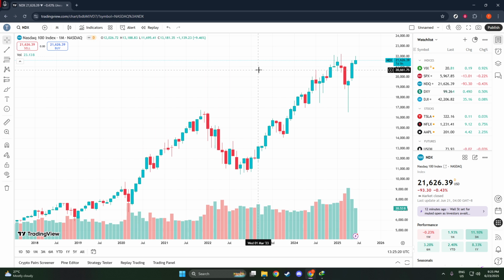Now, with the Indicators menu open, it's time to decide which indicator you want to add. TradingView offers a wide range of options, from simple moving averages to more complex calculations like the Relative Strength Index, often abbreviated as RSI, the Moving Average Convergence Divergence, known as MACD, Exponential Moving Averages, or EMA, and the popular Bollinger Bands. Each of these indicators has its strengths and applications, so it's beneficial to understand your specific trading needs